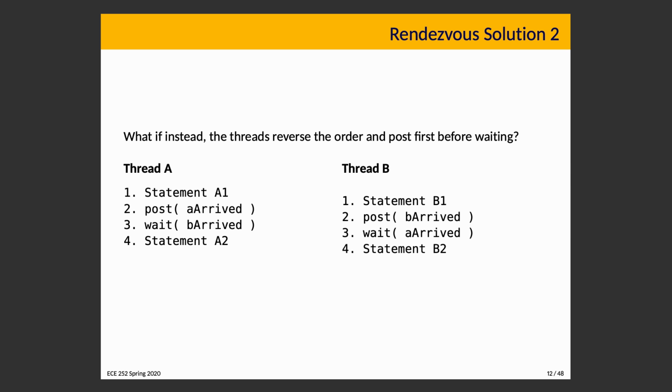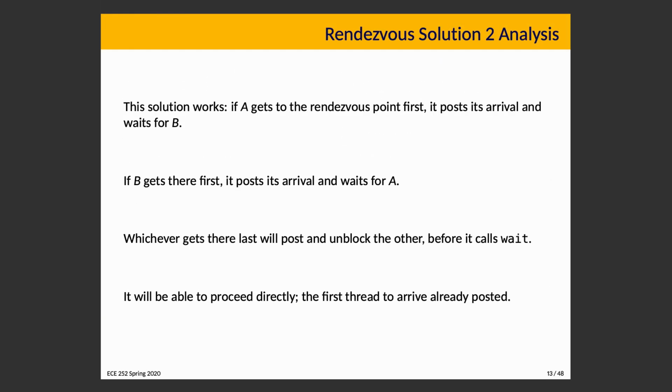Okay, the answer to that is yes. This does work. If A gets to the rendezvous location first, it indicates its arrival and waits for B. If B gets there first, it posts its arrival and waits for A. Whoever gets there last will post and unblock the other before it calls wait, and whatever thread gets there second will not be blocked when it calls wait because the post from the other thread has likely already happened,